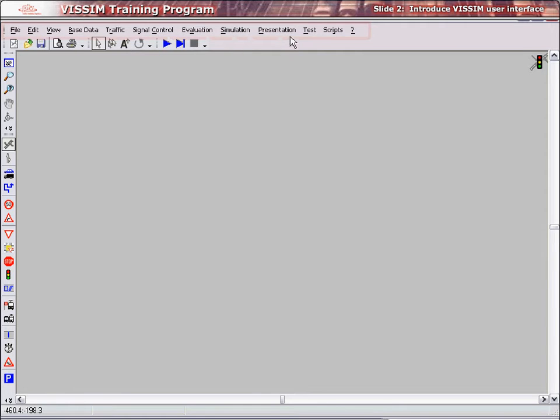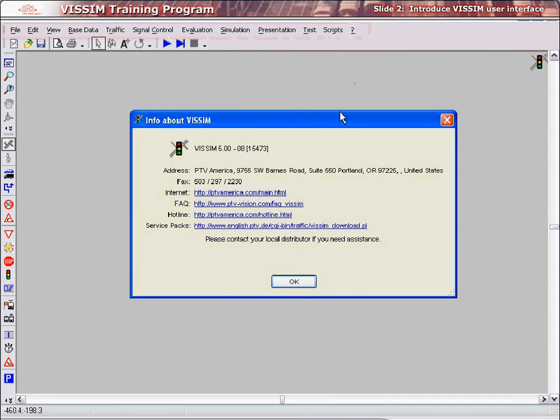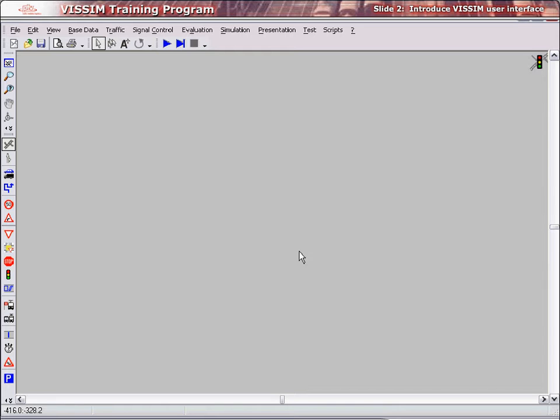On the menu bar, select "?Info". It shows the vSim version and contact information, including links to contact the technical support, vSim hotline, and to download vSim service packs. When contacting the hotline, you may be asked for your dongle or hard lock number. This number is listed in the license dialog if you select